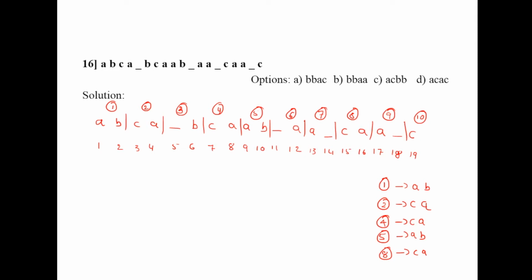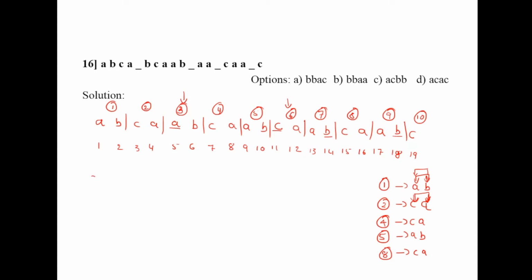Okay, fine. Just see here, the letter which starts with A must end with B, or the letter which ends with B must start with A. The letter which starts with C must end with A, or the letter which ends with A must start with C. Right? This is the sequence. Just search it. When we see the third group, the letter ends with B, so it must start with A. And when I see the sixth group, the letter which ends with A must start with C. The letter which starts with A must end with B, right?